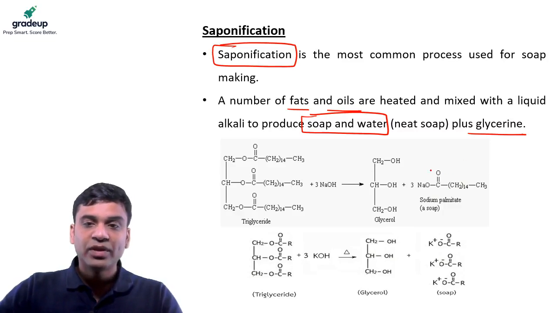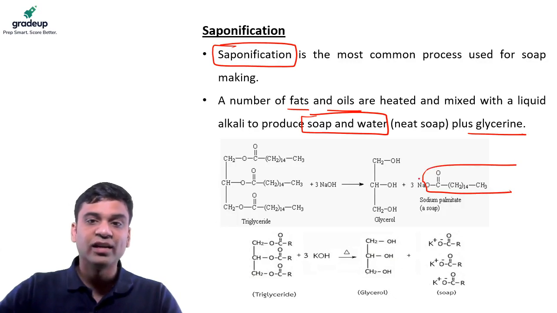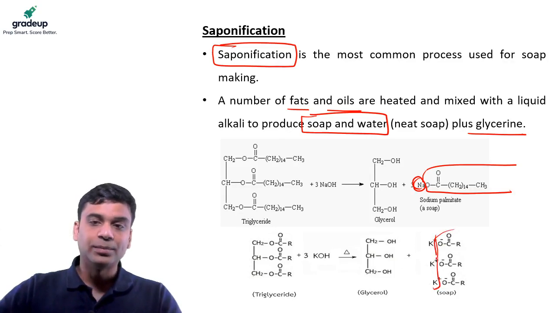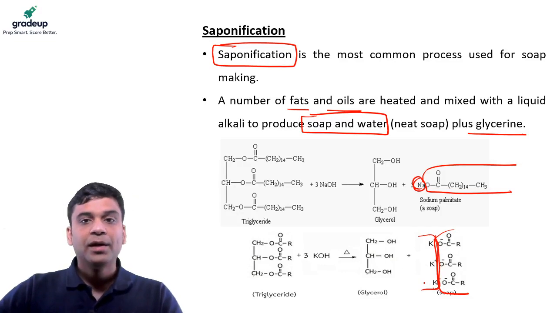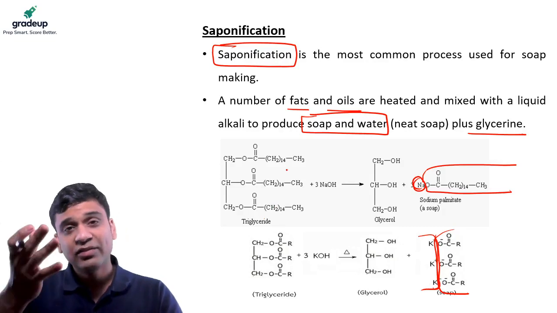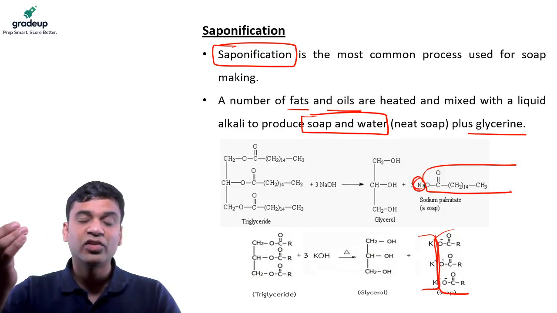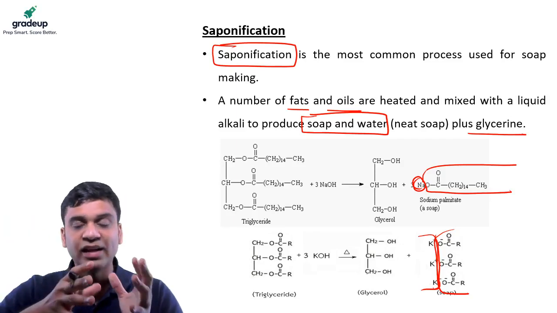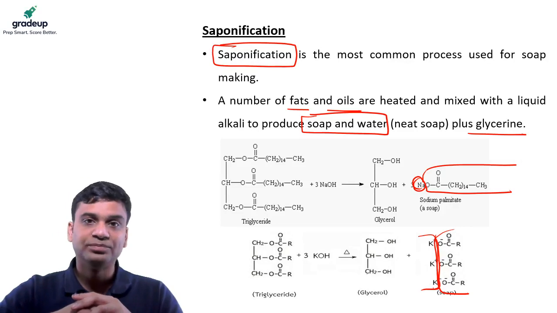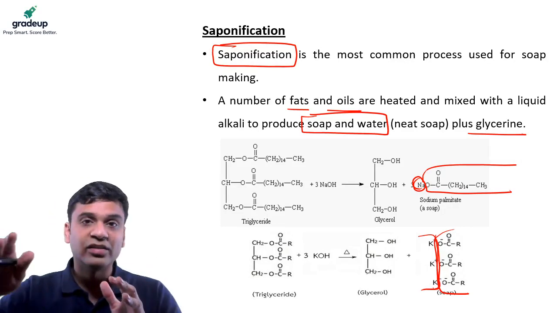See, so it has this big carboxylic acid chain, and it has sodium. Okay, similarly you can see potassium is added to this big chain. All right. So basically the triglycerides are nothing but fats. And this is there even since the 16th century. Since the 16th century, they were taking the animal fats and heating them with the alkali to produce the soap and glycerine. Okay, nothing much had changed actually since the 16th century.